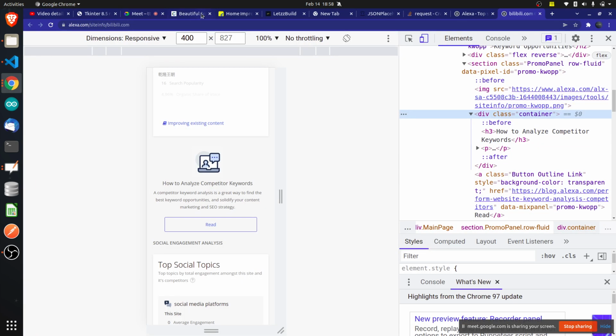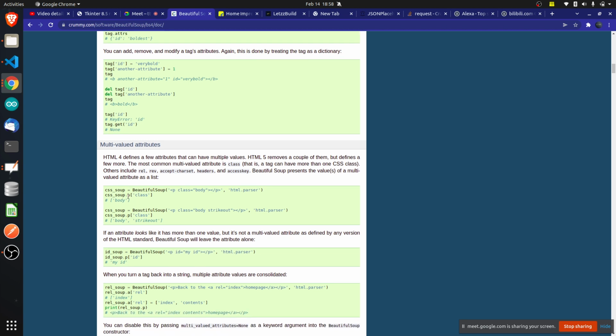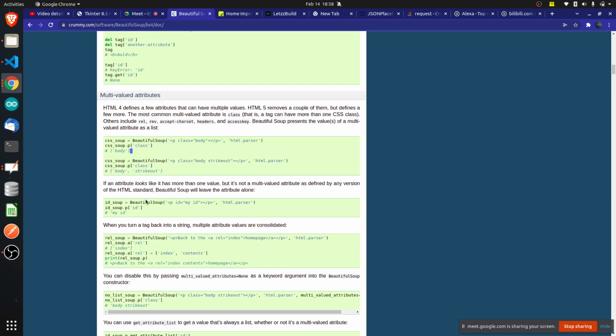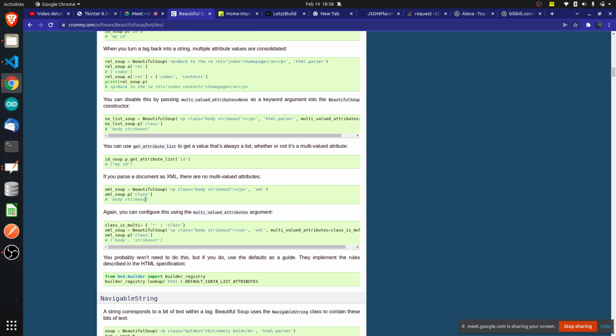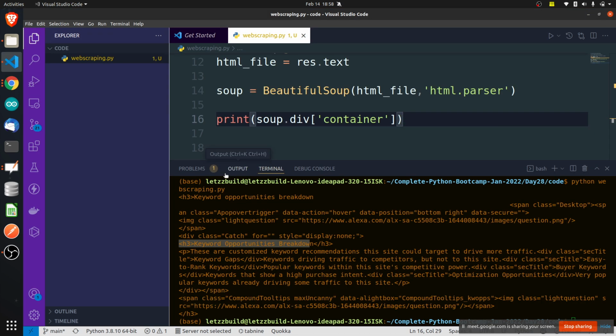There are different ways to do this. See here, you can do soup.p, the tag name, dot, and then write the class name. That is one way to do it. There are different ways to do it using class. So see here, you are actually trying to scrape the website using the element itself. This is what is called selecting the element from this HTML file using the tag. I use this tag to select the element. H1 tag I can use, H3 tag I can use, div I can use, p tag I can use, whichever tags, all that tag data will come.